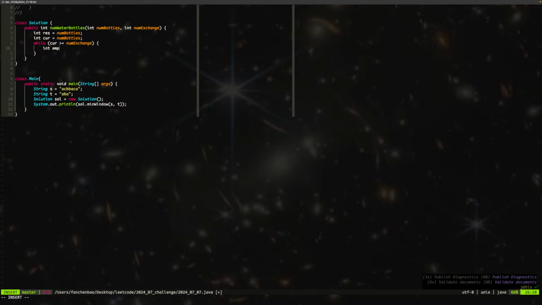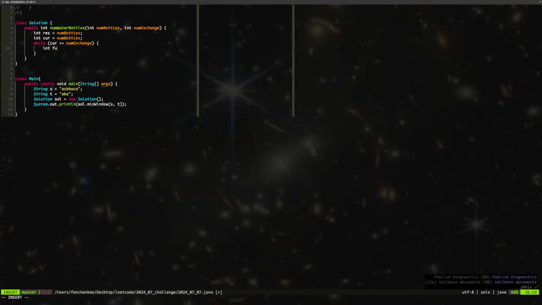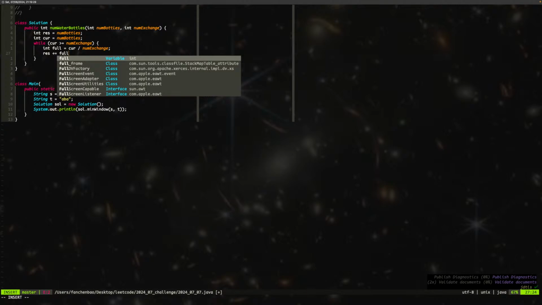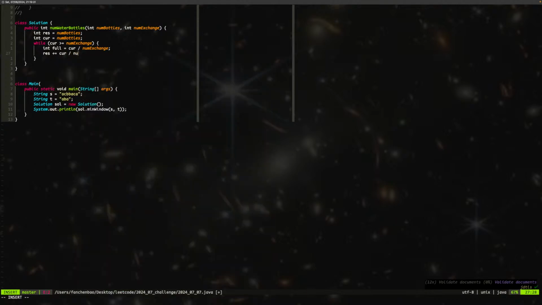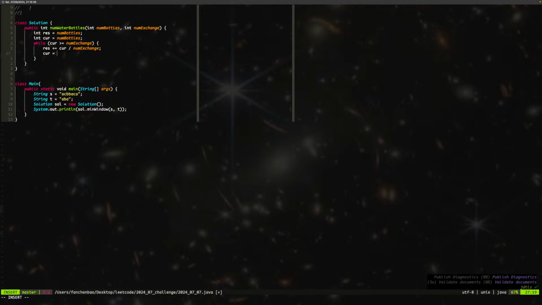So empty, not empty, it's a full. So it's num bottles, not current. And then current rest plus equal to full, right? So I can just do num exchange and current equal to